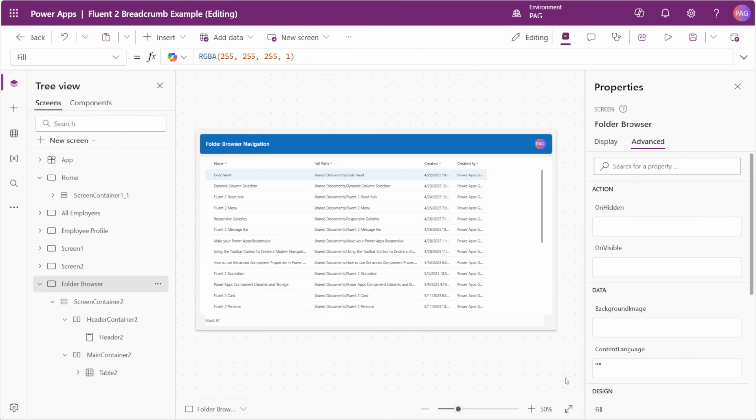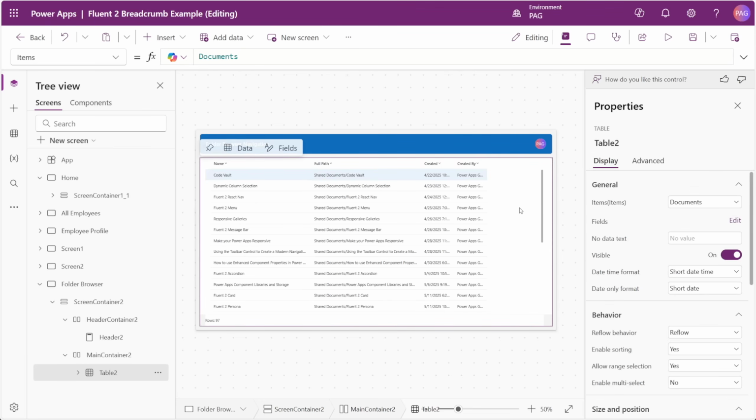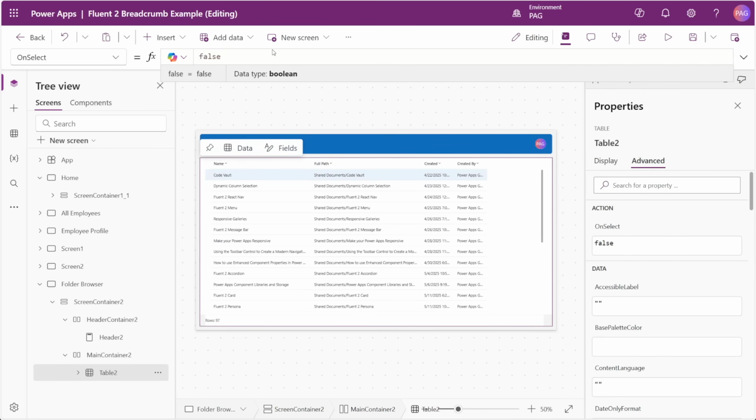Above our table control, we want to show the full folder path that we're currently viewing, and also allow navigation to different folders that are listed in the breadcrumb. We'll start in the onSelect property of our table. Here we want to check if the current selected table row is a folder, and thankfully there's a column for this called isFolder. We'll enter if